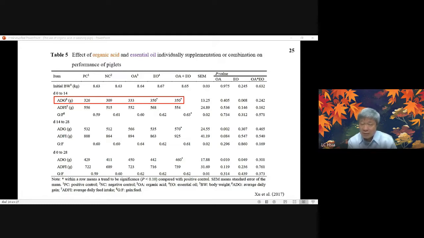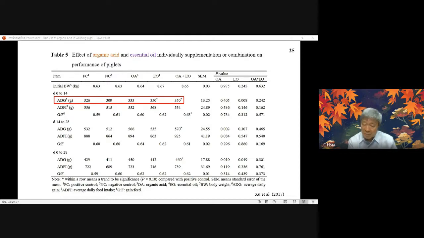So maybe we need to add only a small amount, and the way is to mix it with inorganic acid. All the companies try to keep secret the mixing of inorganic acid with organic acid. And why? Because organic acids are coated, they are protected. Sometimes they become ester organic acid. They are also protected, and they are allowed to pass through the stomach.